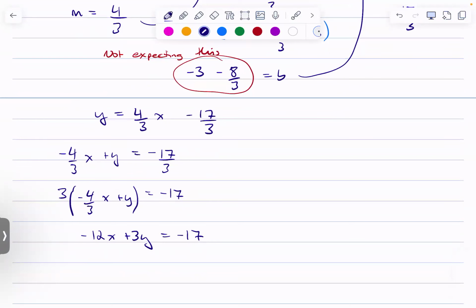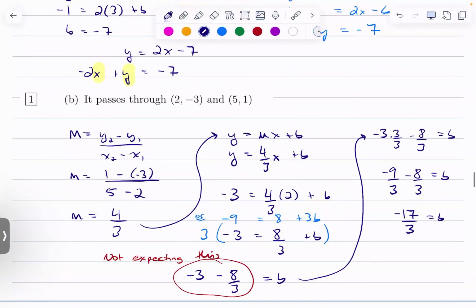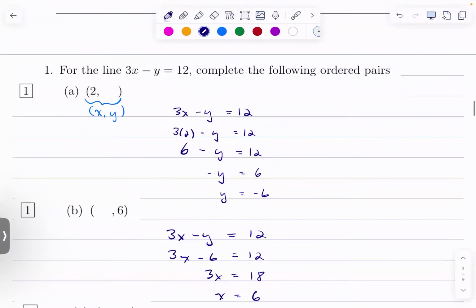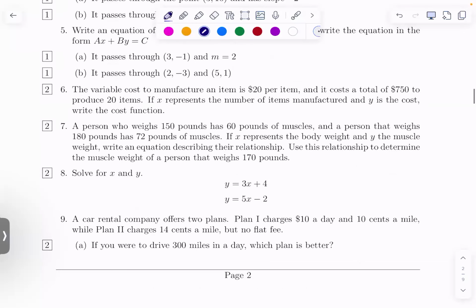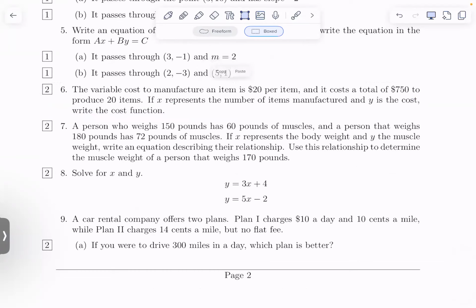I'll make it easier. And it was only 1 mark. Eek. That's not true. That was at least 2 marks worth of work. Especially when you see this one, that is 2 marks.